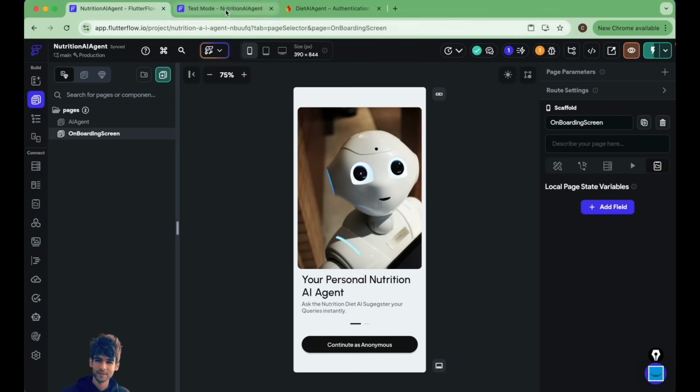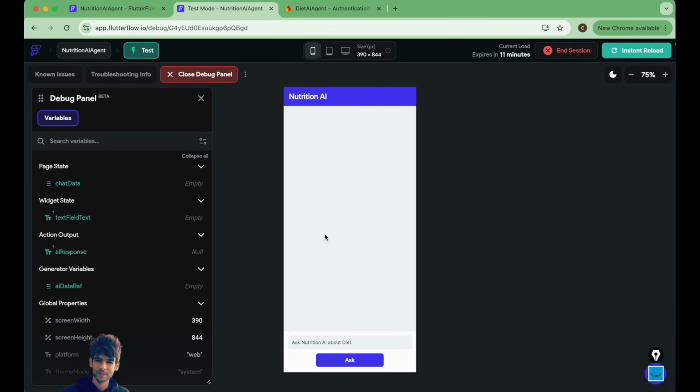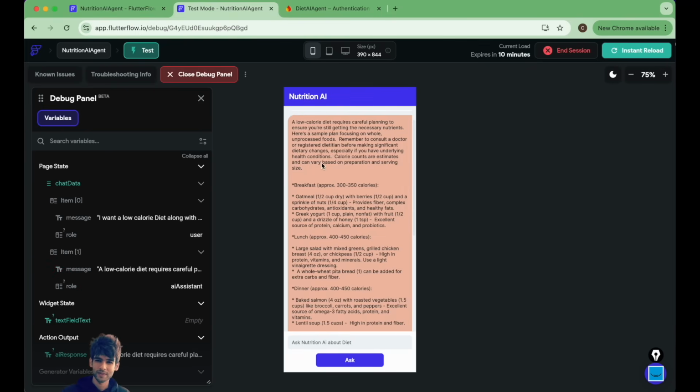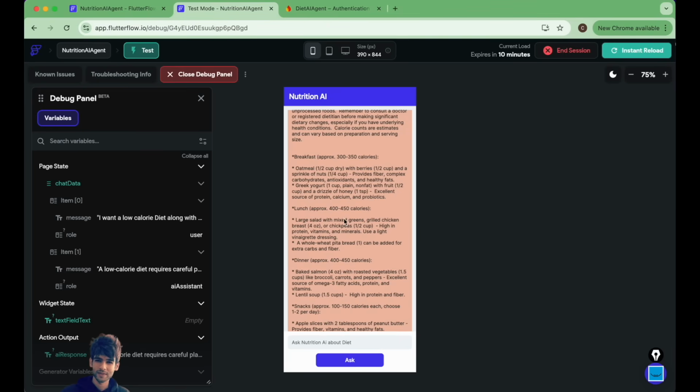Okay, so currently we have this nutrition AI, and here when I ask this AI agent, I want a low calorie diet along with nutrition details. Okay, so this is the query which I have passed to the AI agent, and let's see what's the response from this AI agent. So as you can see the response: in breakfast I got this low calorie diet, in lunch this diet,